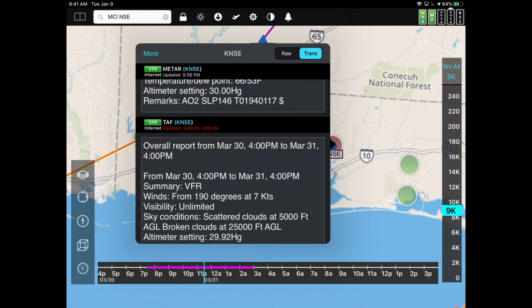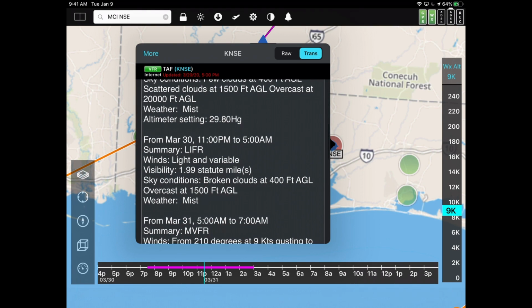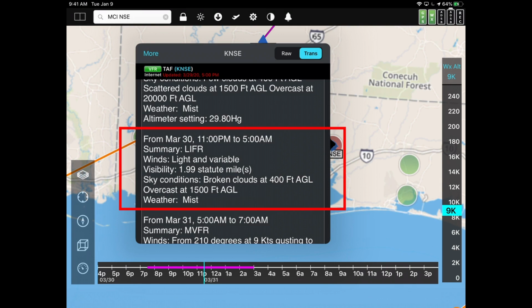But if I scroll up a little bit, I see that between 11 o'clock and 5 a.m., we have low IFR conditions with visibility very, very small, less than 2 miles. So clearly, I think you're going to have the case where you really wouldn't want to do this flight. But in the example that you did want to do the flight, you're going to clearly see that by the